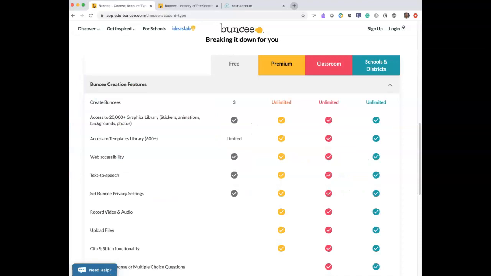In the free account, they're going to allow you to see the premium situation for 30 days. If you do not sign up for the premium version, you will be downgraded to the free version, and you can see here what some of the things are that you have access to and things that you don't have access to and so forth. Obviously, it's best to try the free version, and if this is something that you use a lot and you feel that the monthly paid fee is worth your while, then go for it. But normally in these situations, I just continue to use